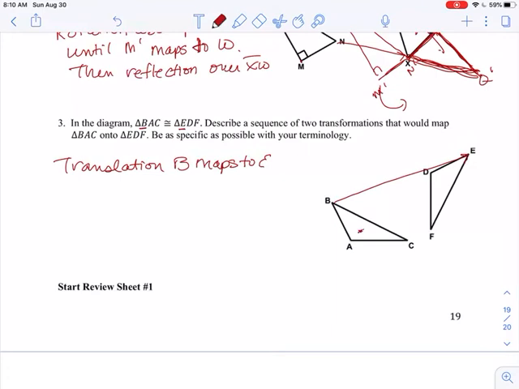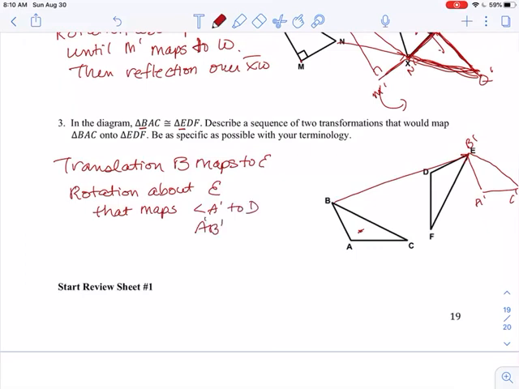So if I was to do that, this triangle would now be up here. Okay, B is touching E, but everything else would sort of be in the same position. So I might be off the page a little bit here. So I got A prime, C prime, and this would now be B prime. So the triangle's up here, but everything's in the same position, just shift it up. Now after I do that, I would want to rotate it, okay? Rotation about E, because E is where they're touching. That maps